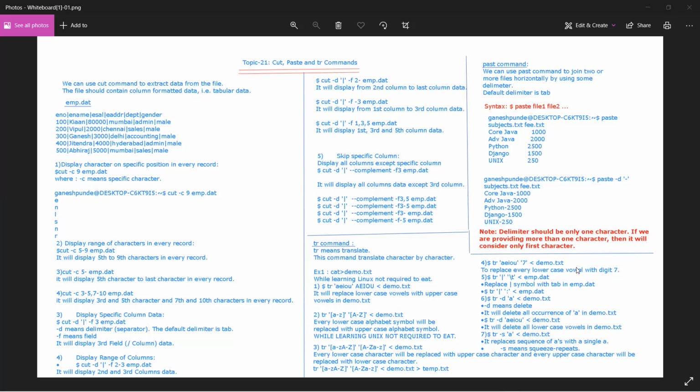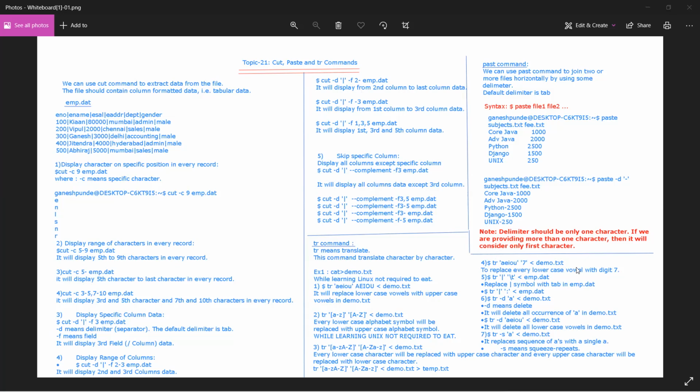Now the sixth example is, suppose you want to delete some characters, whatever the characters are there in the file. So what you can do, you can say tr for translate, hyphen d in single quote a, and you can specify the file with the less than sign, and hyphen d means delete.